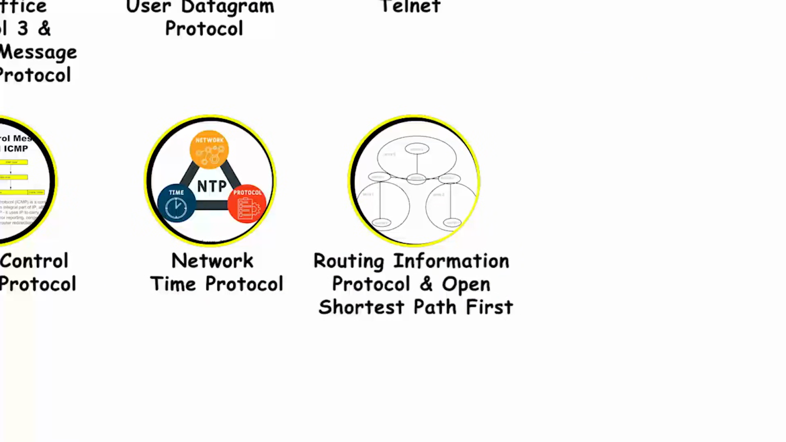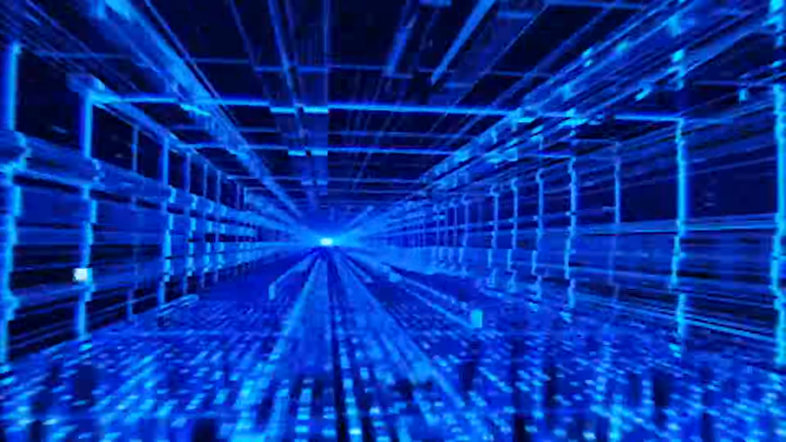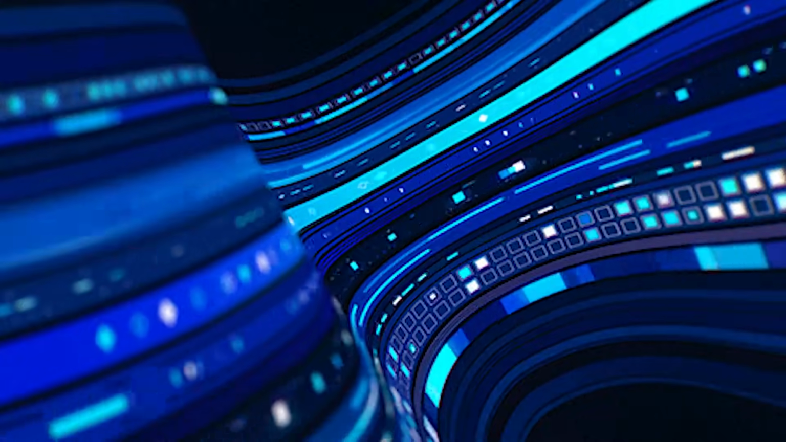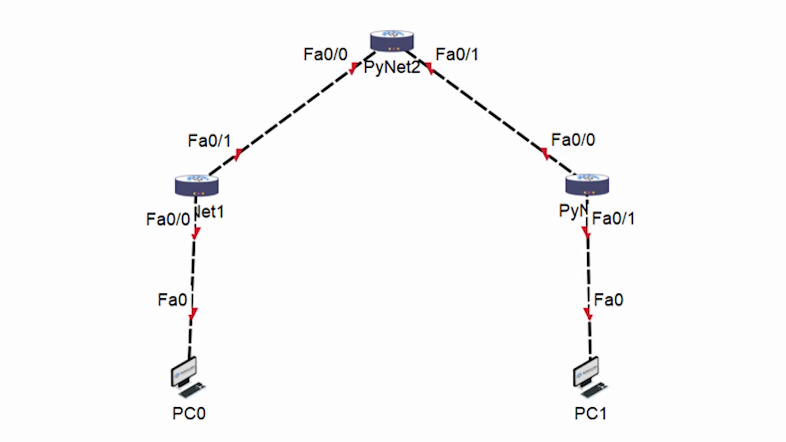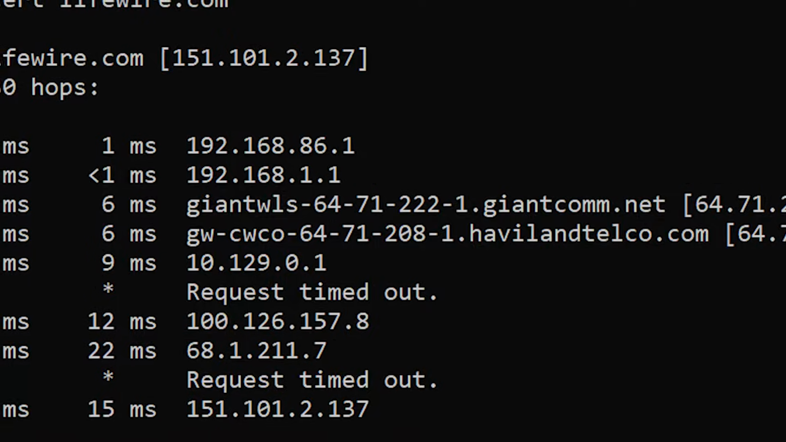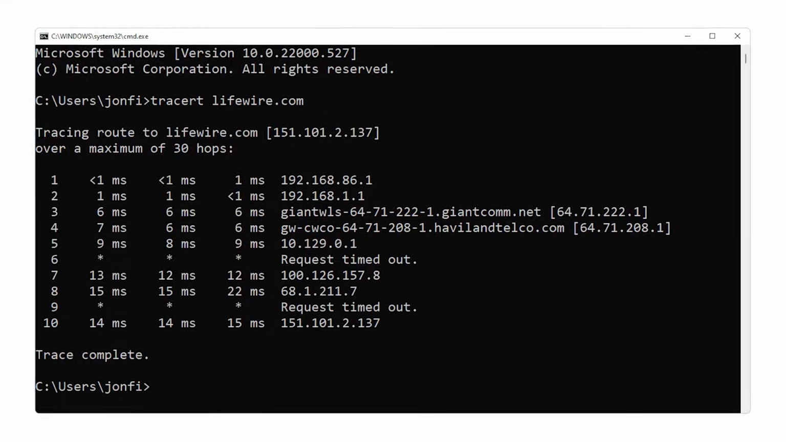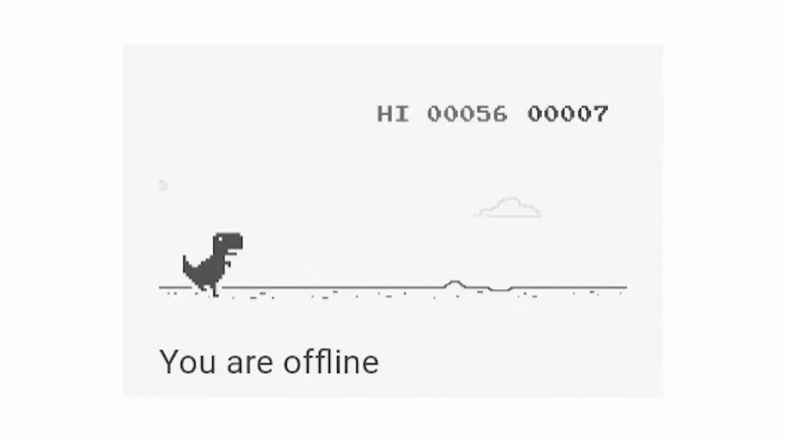Routing Information Protocol and Open Shortest Path First. When data travels across the internet, it passes through multiple routers before reaching its destination. Routing protocols are what tell those routers how to make decisions about where to send data next. The Routing Information Protocol is one of the oldest and simplest routing protocols. It determines the best path by counting hops, meaning the number of routers data passes through to reach its destination. It chooses the path with the fewest hops. The main limitation is that it cannot handle networks with more than 15 hops, and it is slow to adapt